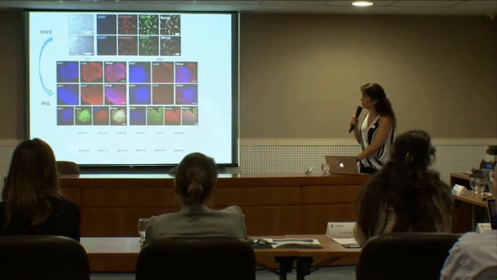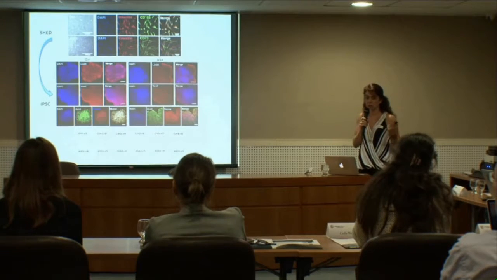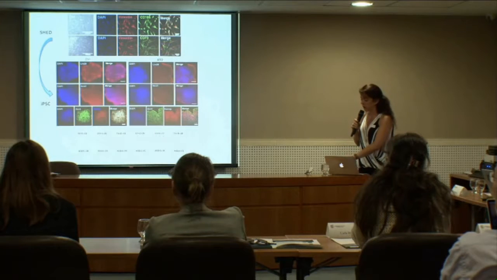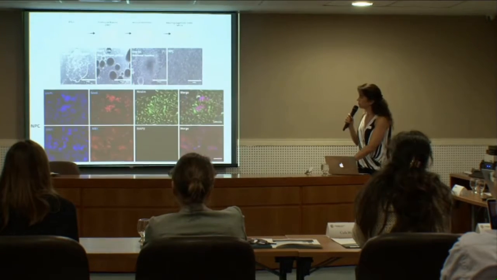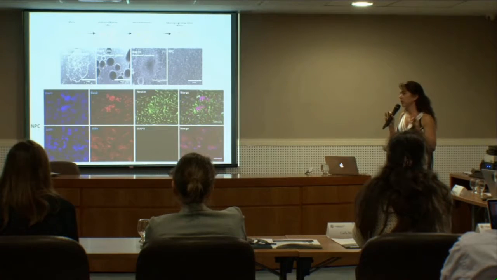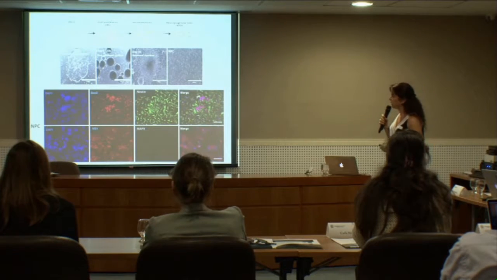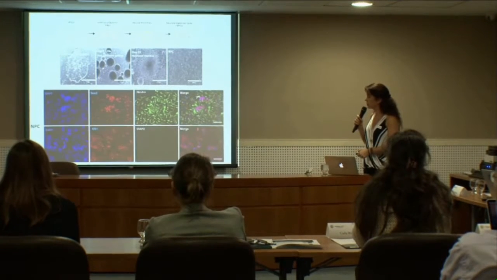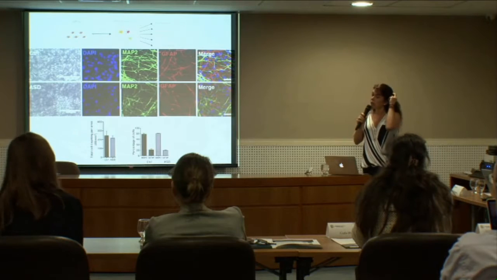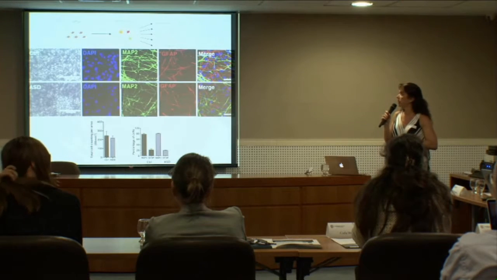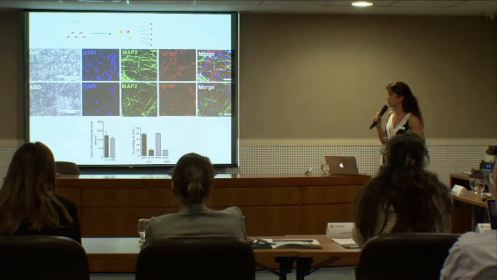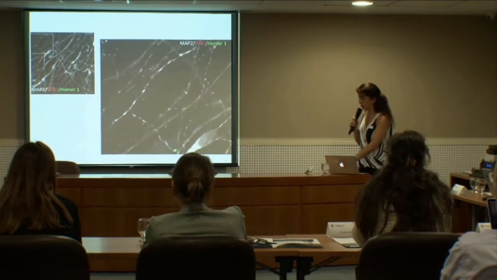So we make the iPS cells from the cells from the dental pulp. We also karyotype the cells before we go on, to make sure that we don't have any kind of imbalance in the chromosomes. And then we make the NPCs, and until this step, we couldn't see any differences between the controls and the patients. And then when we make the neurons, we start to see something different.